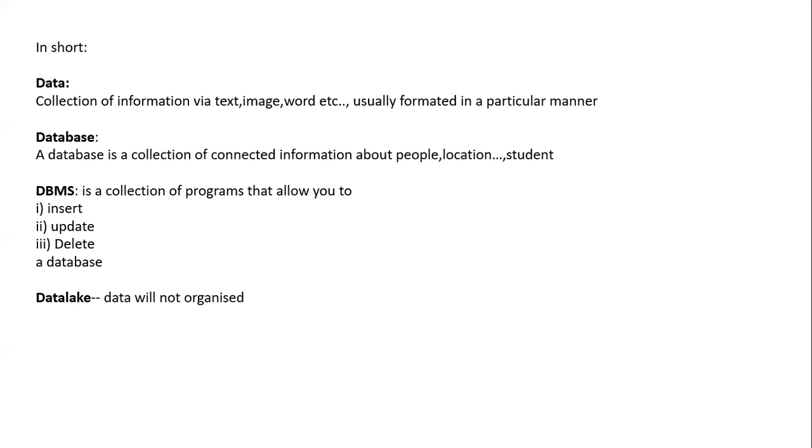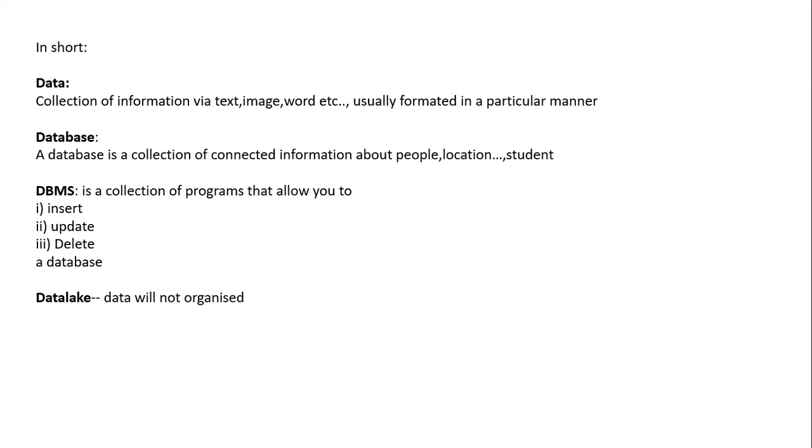All this information is collected and stored in one place, which is called a database. Similarly, an employee database or a business would be maintained in a separate database. So we have seen what data and a database are: a collection of data stored in a database.